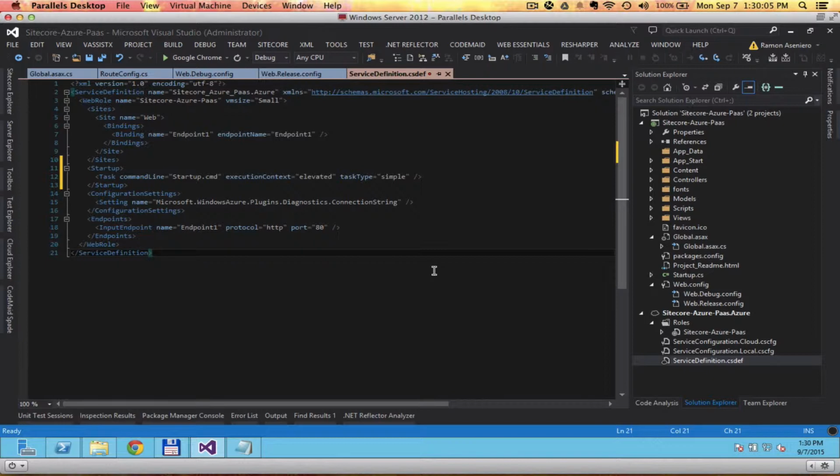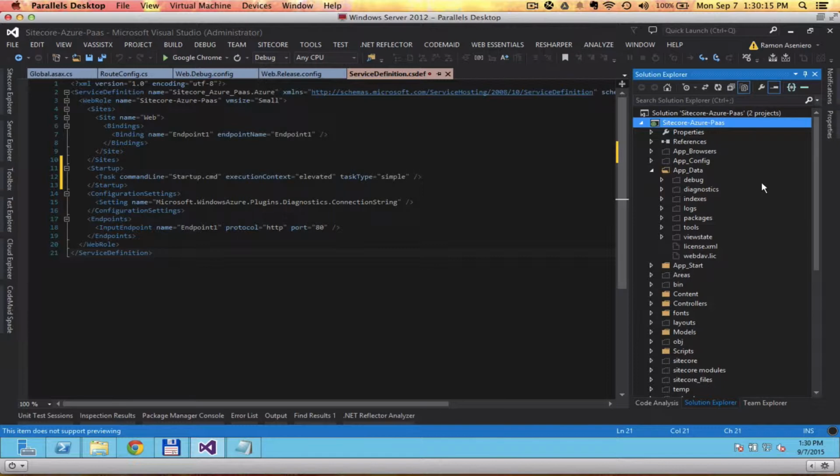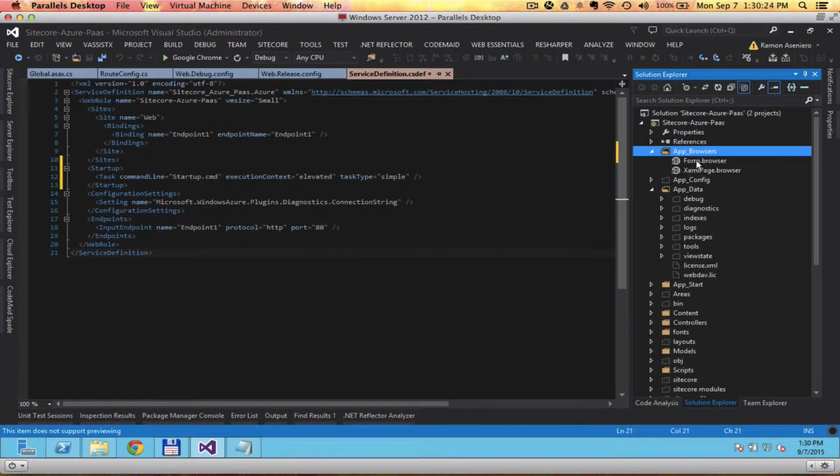In this case, I'm planning to deploy both CD and CM. First, I'm going to select the project, and make sure to click show all files. I'm going to include the app_browsers, the app config,